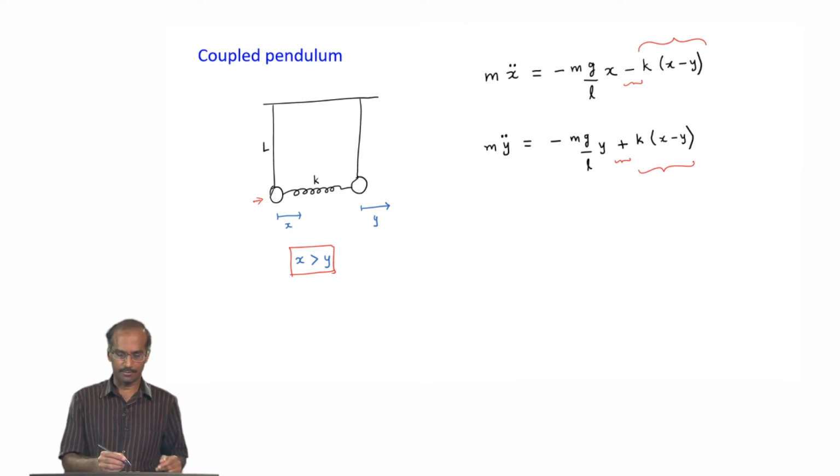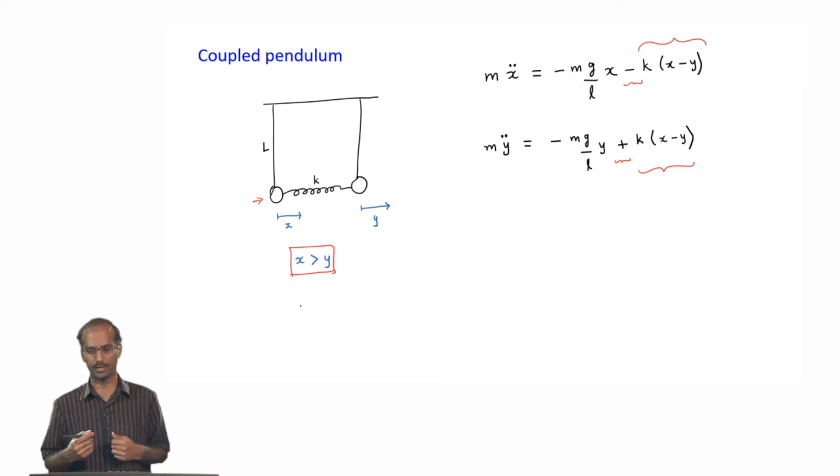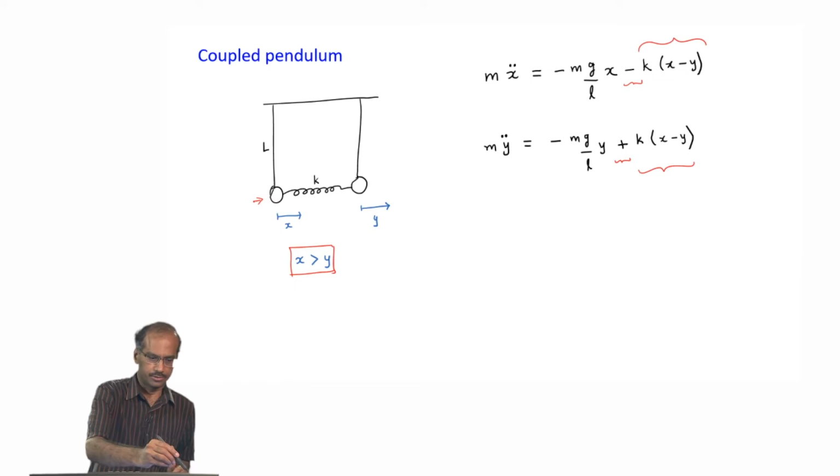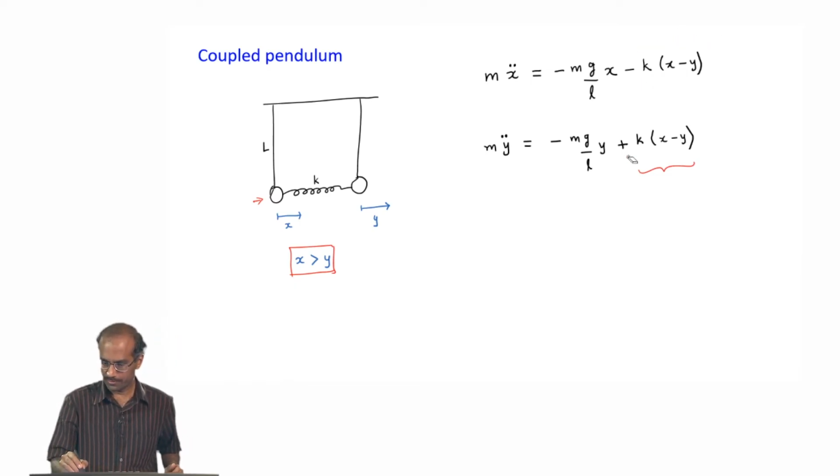If I had made the assumption y greater than x, then these signs would exchange with one another. So, with that in mind, we will now have to find a way of